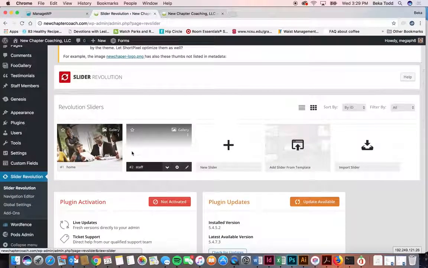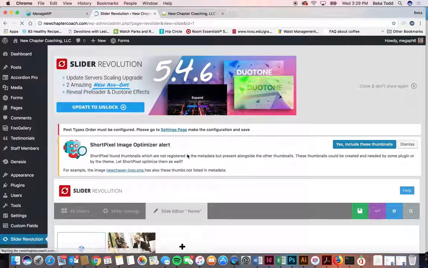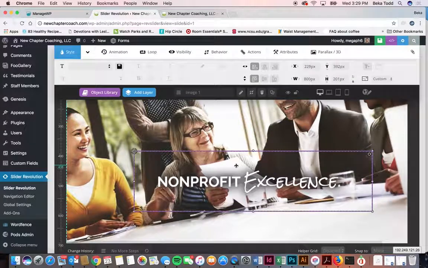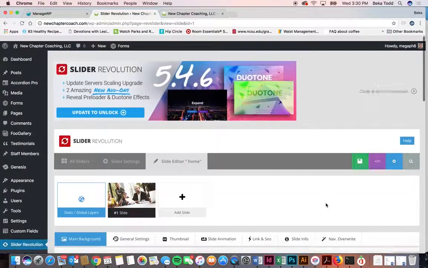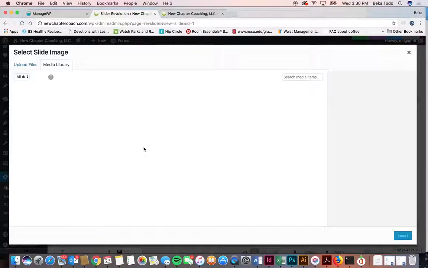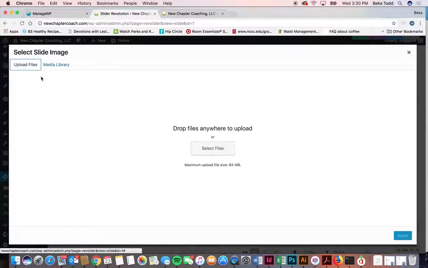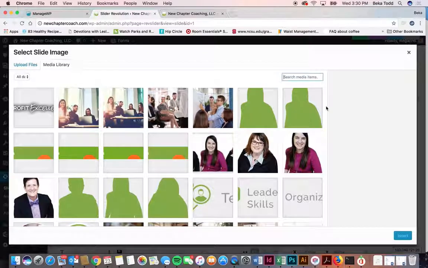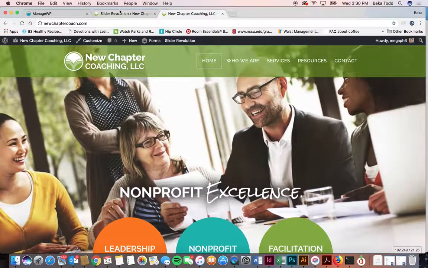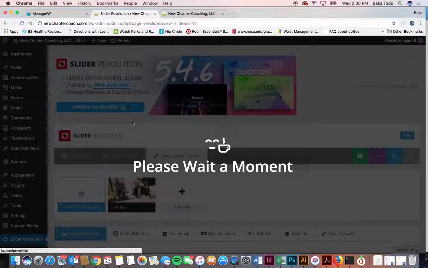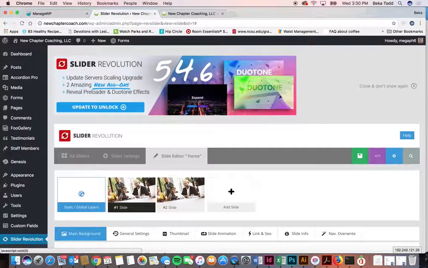So if you end up needing to make some changes on the homepage slider, might be a little bit easier. So for this one, you have the wording right here, which looks nice. If you want to change out the photo in the background, that's super simple. Go to Media Library and choose a new photo, or upload a new photo and then choose it. And then you would just click save. Or if you'd like there to be rotating photos on the homepage, all you would need to do is duplicate this slide and then update the background photo on this one, and it will slide between the two,